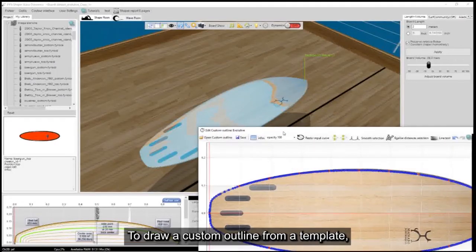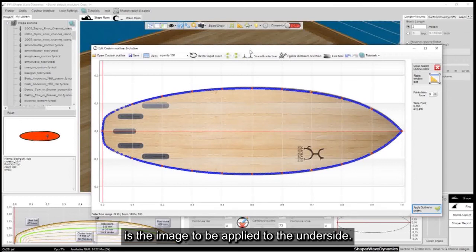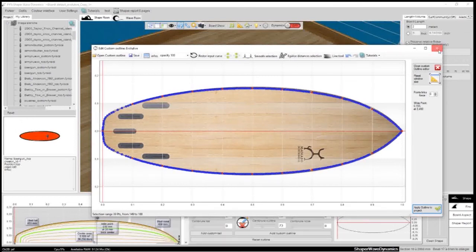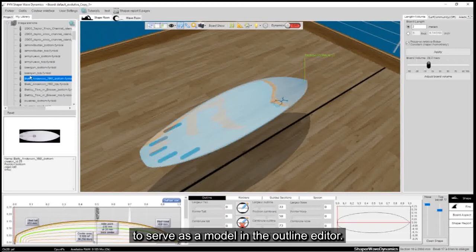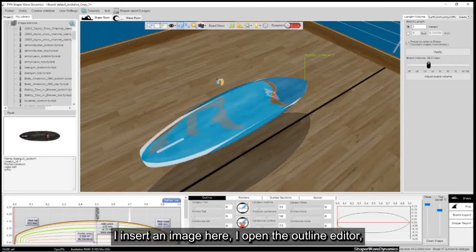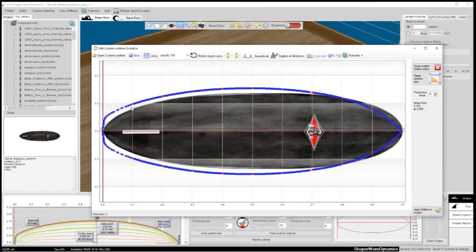To draw a custom outline from a template, the template, whose image is visible in the outline editor, is the image to be applied to the underside. So you have to choose the bottom image to serve as a model in the outline editor. I insert an image here. I open the outline editor. It is this image of the bottom which appears.